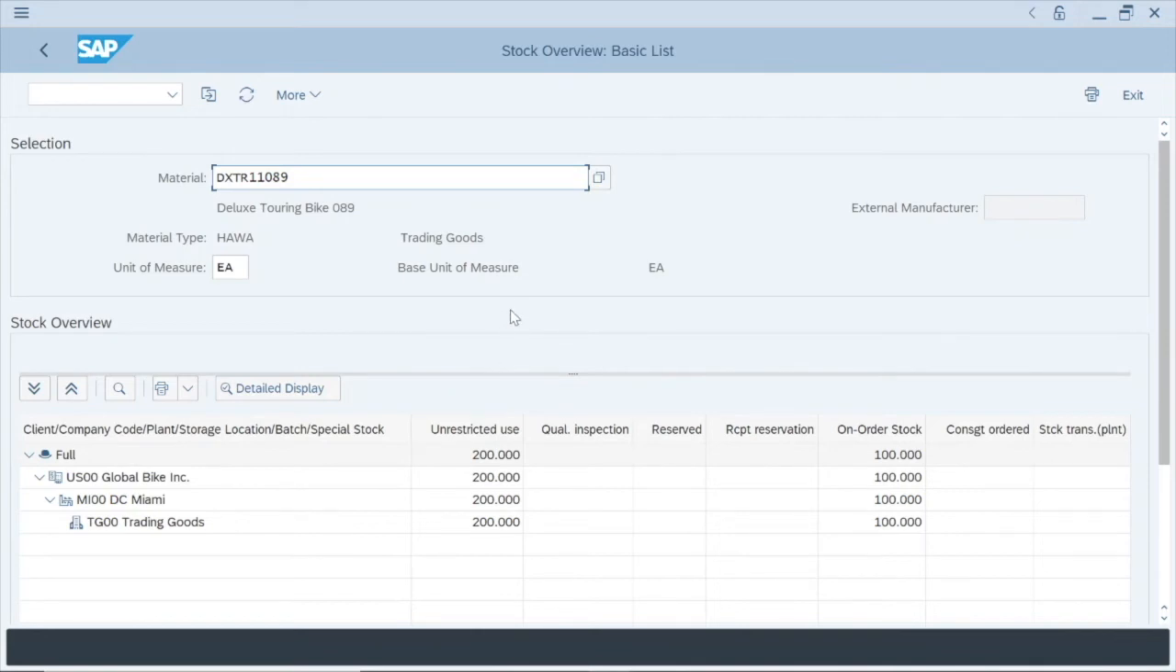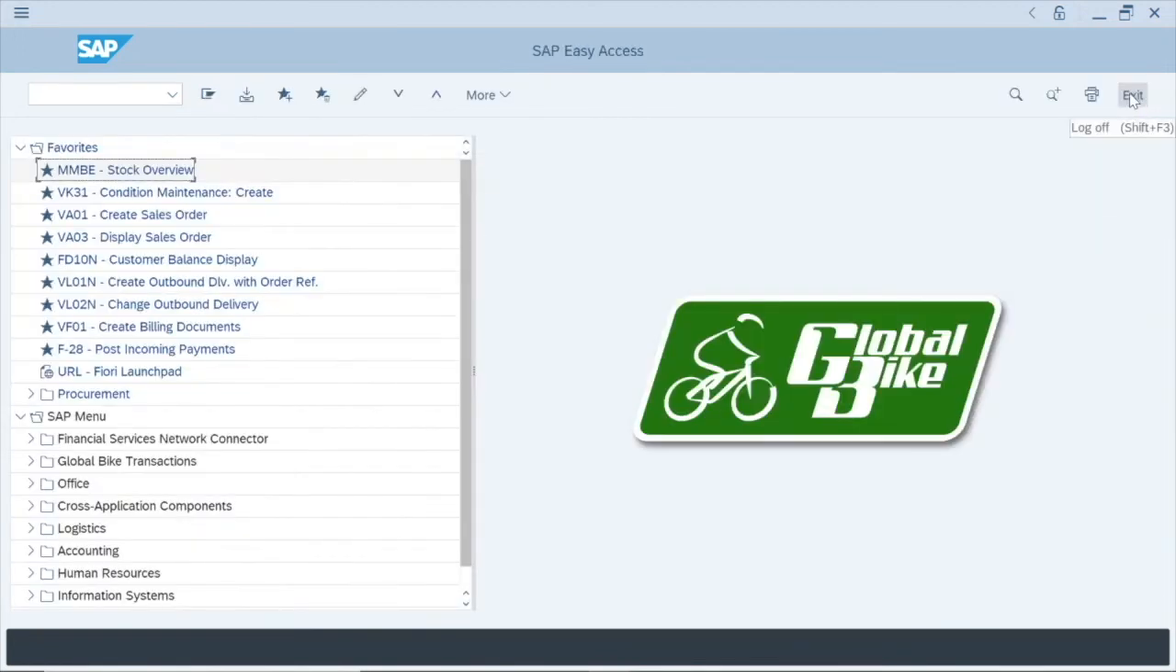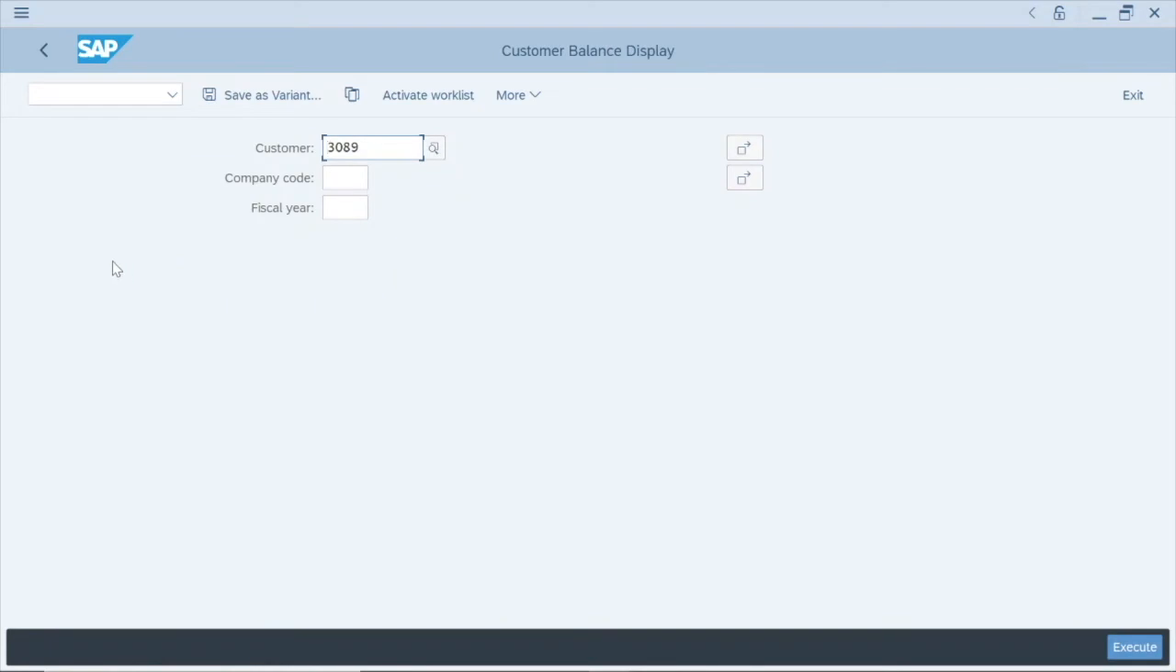So after we've checked, we can click the exit icon in the top right-hand corner of the screen to navigate back to SAP Standard Menu. And the last step of our mini audit is to check if there has been any addition or subtraction to the balance in our Philly Bikes customer subsidiary account receivable. If we navigate over to FD10N in our T-code favorites, we'll be brought to our customer balance display transaction, where we'll need to enter the identifier for our customer, which is 3 and then your 3-digit identifier,